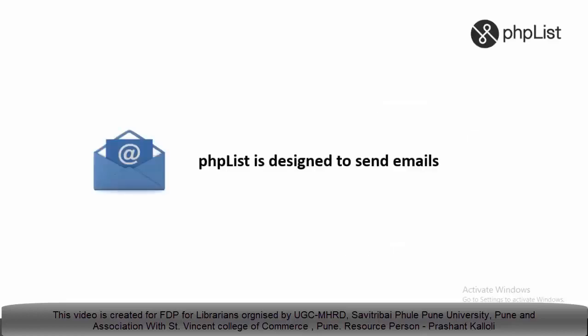Now we are discussing the features and facilities available in the PHPList application. PHPList is a true email manager. It is designed to send emails to subscribers or users. We can send a single email to a large number of users, from several hundreds to millions of recipients.